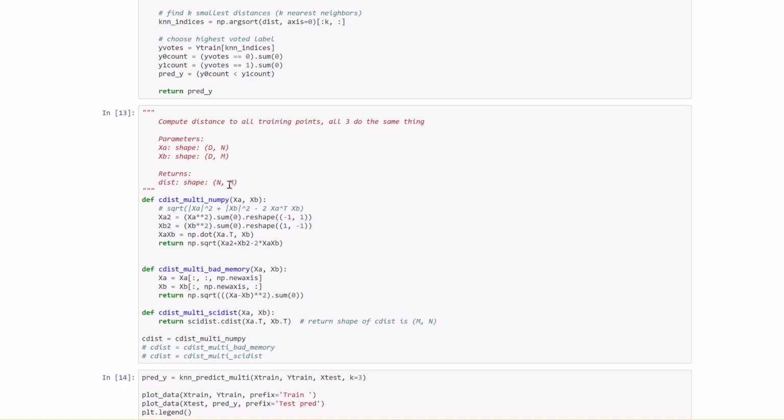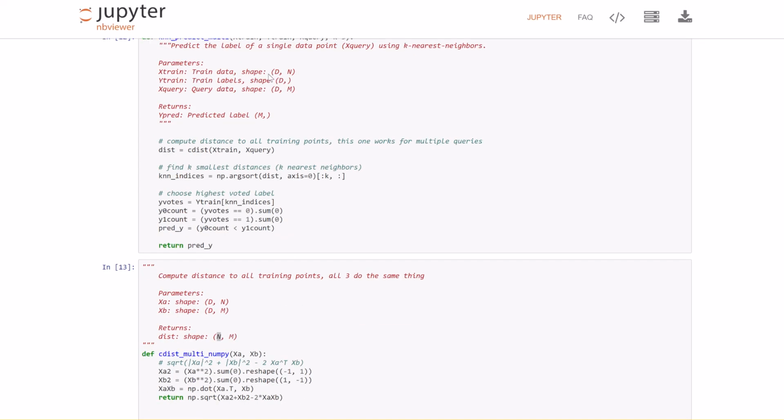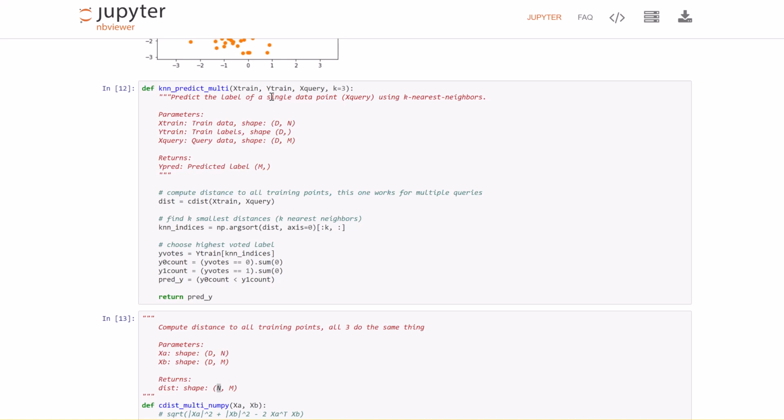So basically, for every point in the test set, we want to find the top k distances in this matrix. Okay, now let's run the function itself that will make multiple predictions at once. So we take the distance by calling the distance function with the training set, and in this case we can use a huge test set of multiple points. So it will return an n by n matrix,